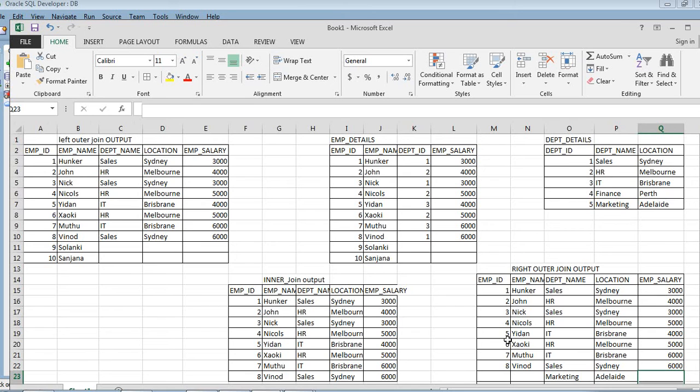When we are trying to join, based on the joining condition of this department ID column of these two tables, we are trying to retrieve some data from employee details and department details. So for this department ID column, we have data in department details, but no data in employee details. Since we are using the right outer join, the department name and location have been retrieved from the department details table, which is present at the right side of our SQL query.